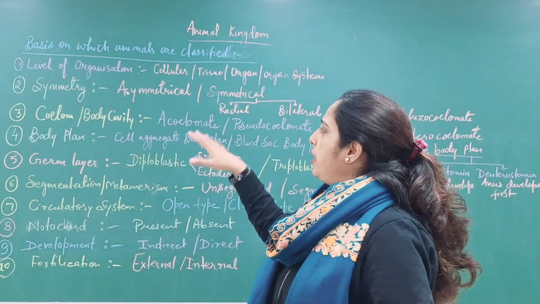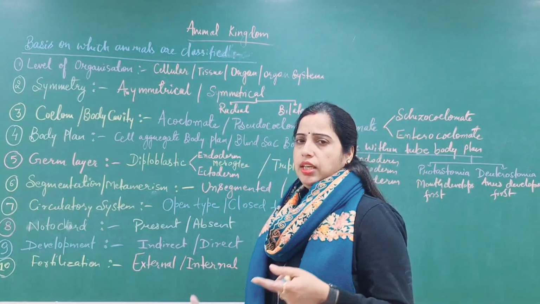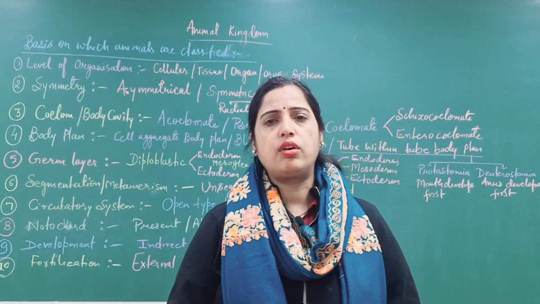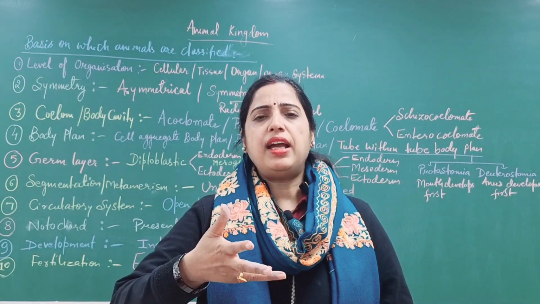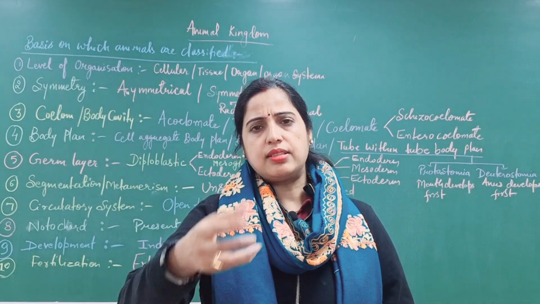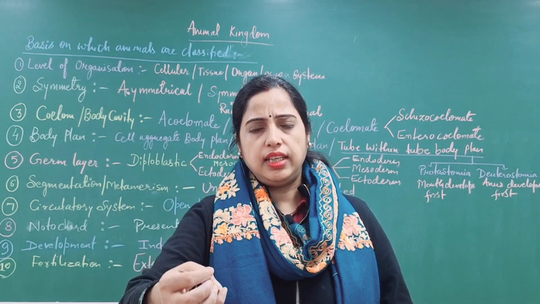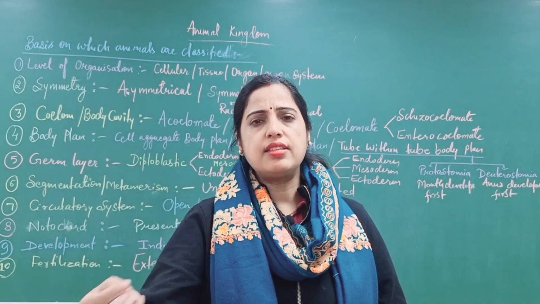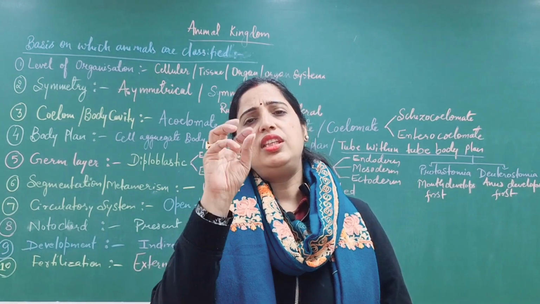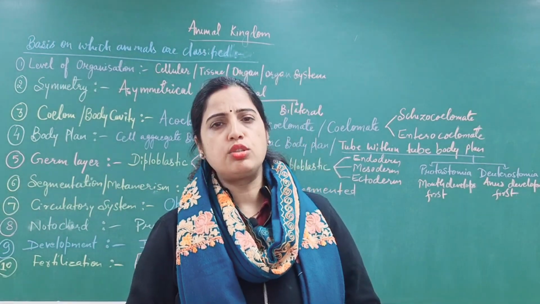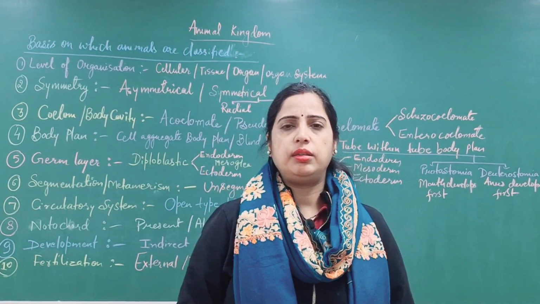I'm not going to tell you all of that, because among the important terms which you come across when you study, it would be very easy if you are asked that this organism is diploblastic, they have a blind sac body plan, they are not symmetrical. So these keywords you must know when you are studying the animal kingdom.